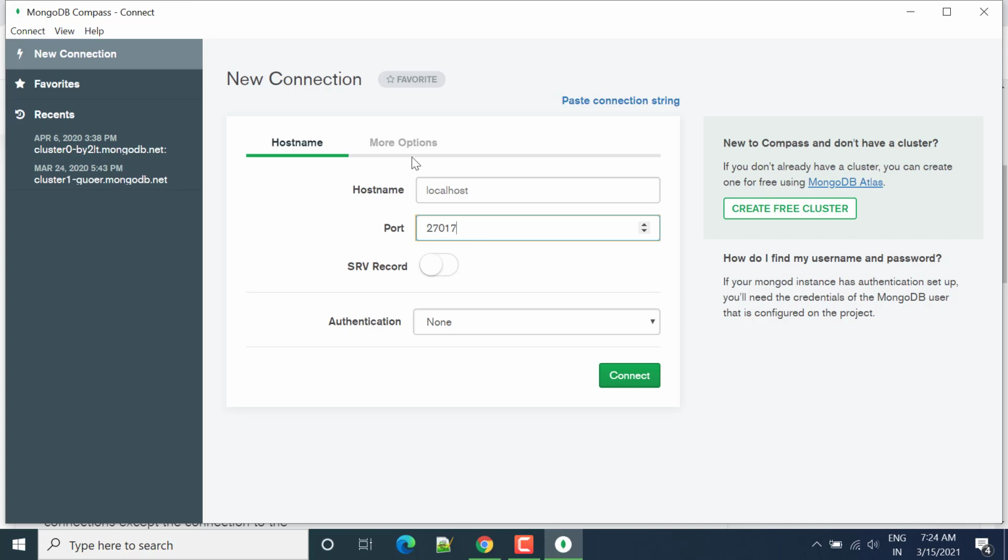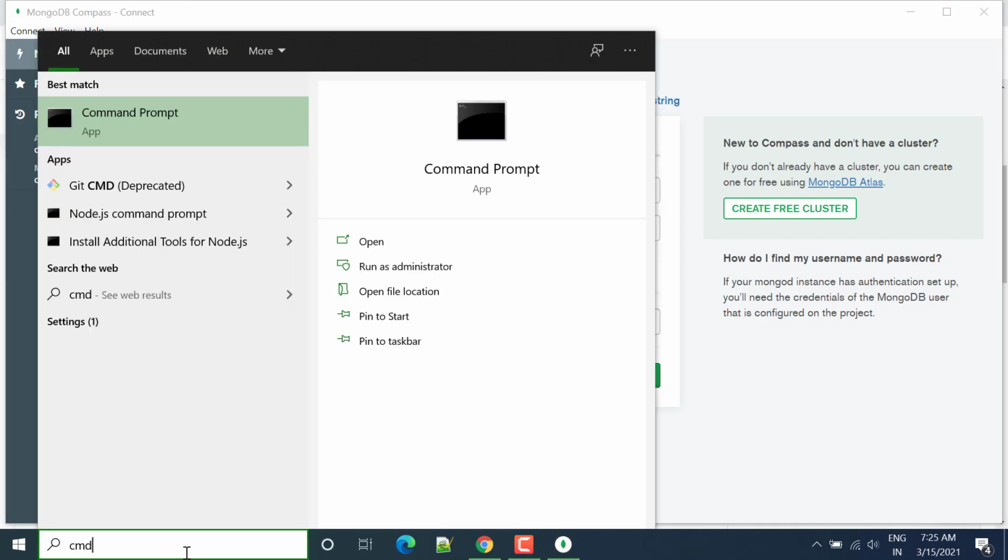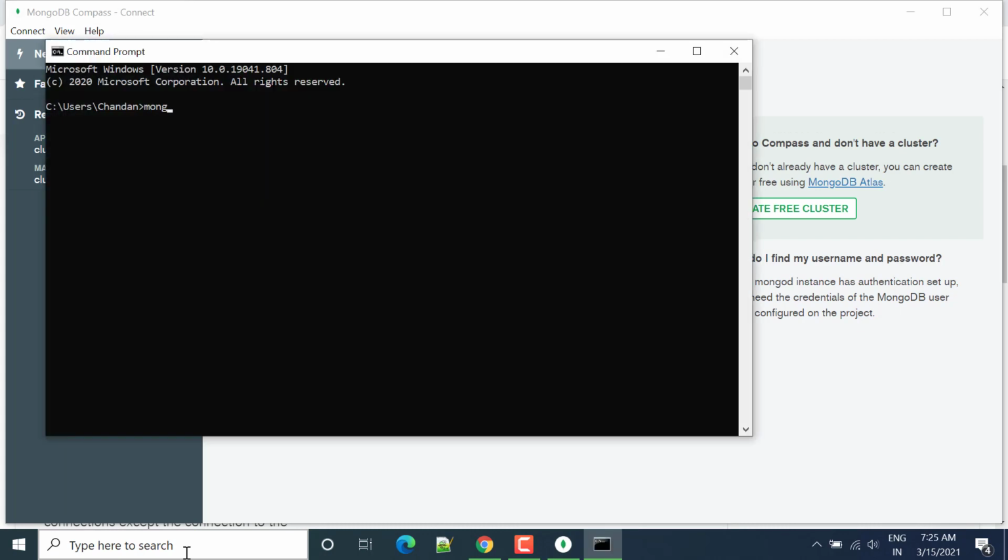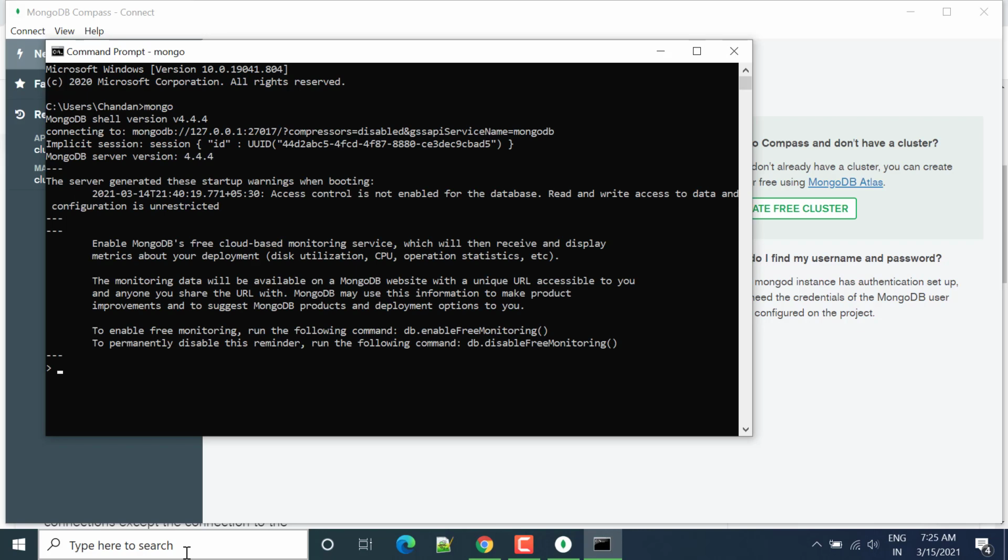Suppose you are not aware of the port number, then you can open the command prompt, cmd. You can write the command mongo to connect with the MongoDB database.